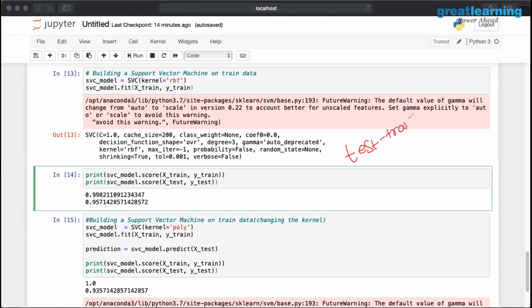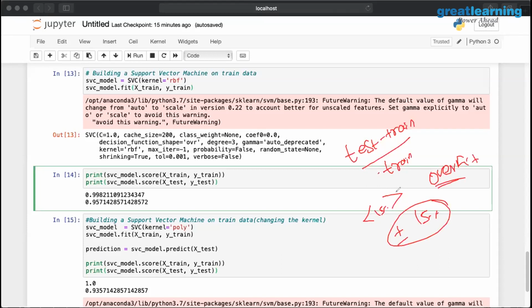The general option is that test minus train divided by train accuracy should not exceed or fall below plus or minus 15%. If the situation exceeds, we call the present scenario an overfit or an underfit based on the equation. So this is how we compute it. With respect to the training accuracy, we look at how the testing accuracy performs, and we call the situation an overfit or an underfit based on this.